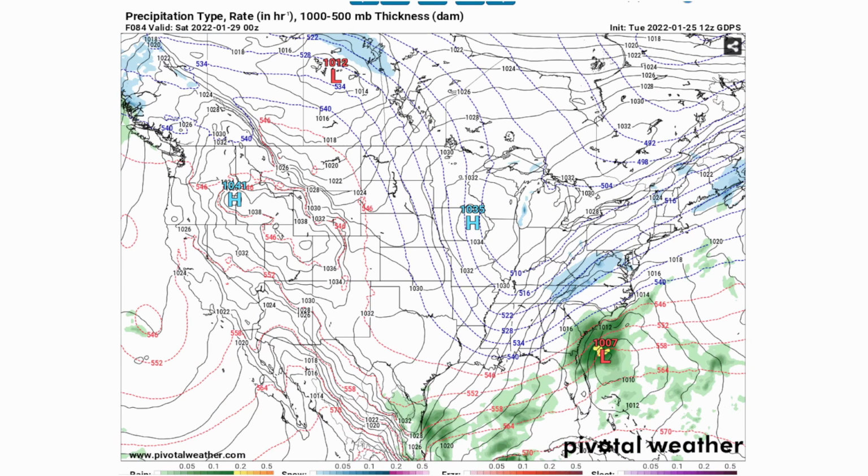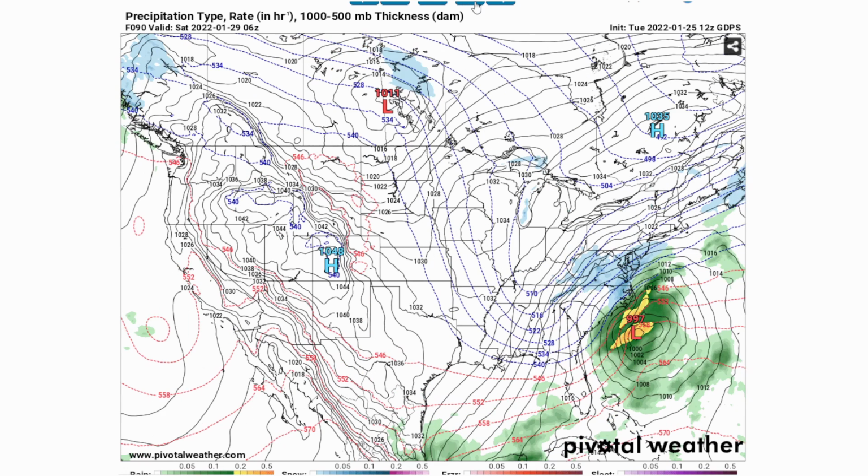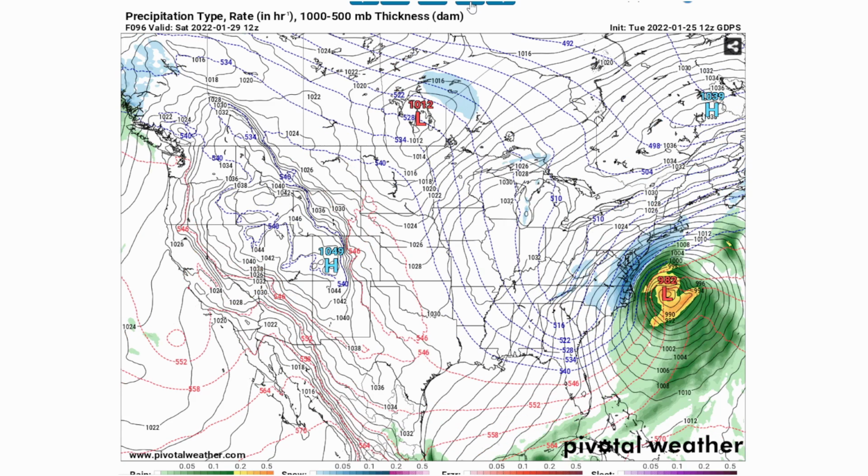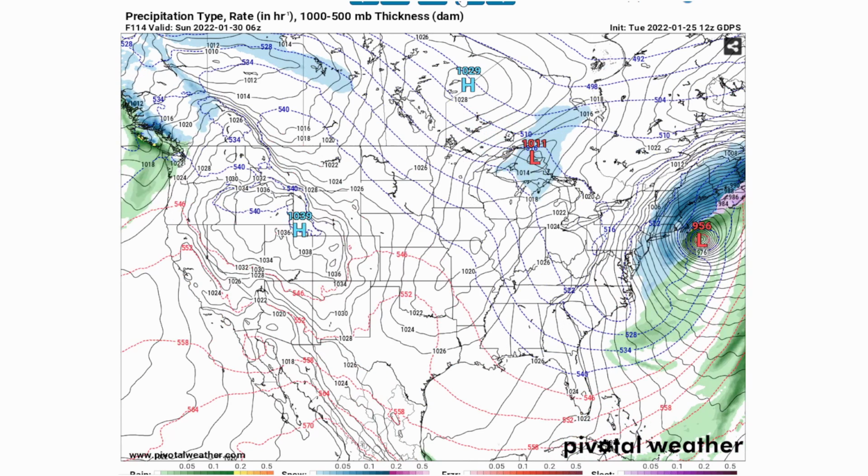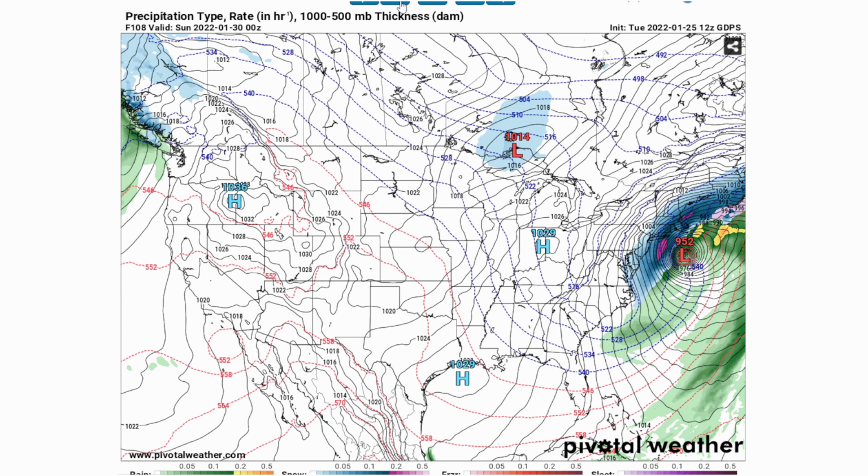All right, here is the Canadian model. Now, a low pressure system forms very similar to the European model, just off the coast of Florida there. And this is going to be 6 p.m. of Friday, so very similar to both the GFS and European model. But again, a lot similar to the European model due to that more western movement. And this is going to be heading throughout here, maybe a little more east than the European model.